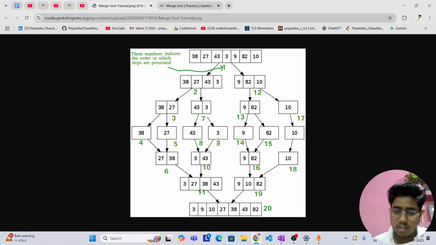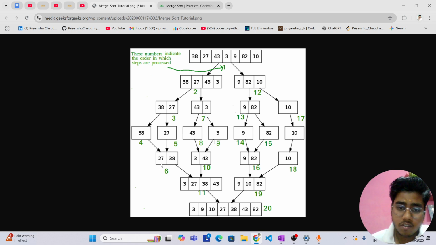Okay, let's say 11th number is a temporary vector. So actually at last it's not the temporary vector, it's the original array. So we have to, after just creating the temporary vector, we have to store the values of the temporary vector in the original array, because we have to sort the original array. Okay, we are just taking temporary vector as a helper.